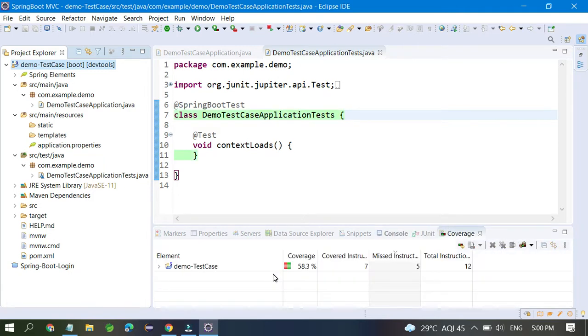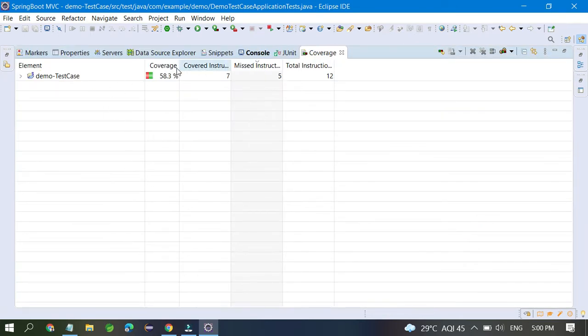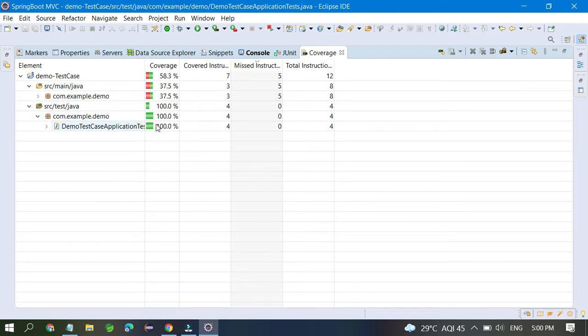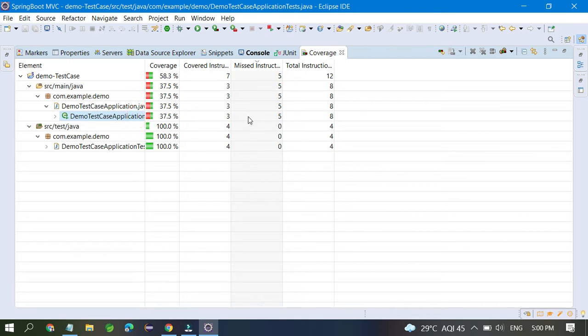You can see here, with the help of code coverage, this is the project, and here there is src/main/java, and these are the test cases. You have written one test case, 100% of the test is completed, everything is fine, but this class is not covered right now. So this is the problem that occurred. It shows 58.3% code coverage, almost half of the code. This is not really good. You have to cover more than 80%, more than 90%, then everyone thinks it's good code coverage and a good score.